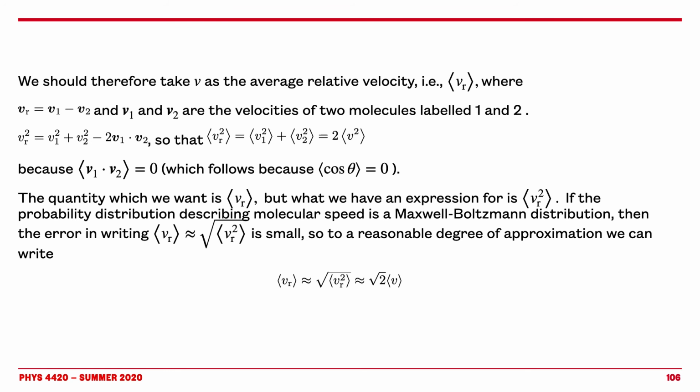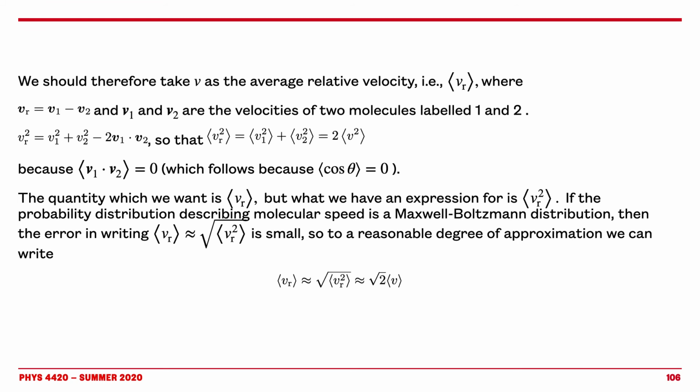So I'm sorry here I didn't put any animation on this slide, but the idea of relative velocity between two particles is that what we can calculate is the square of the relative velocity, which would be v1 square plus v2 square minus 2 v1 dot v2, where the dot is the dot product. I do this because the expectation value of the square of the relative velocity will simply be the expectation value of v1 square and v2 square, since the expectation value of v1 dot v2 is 0, since all the angle between the two